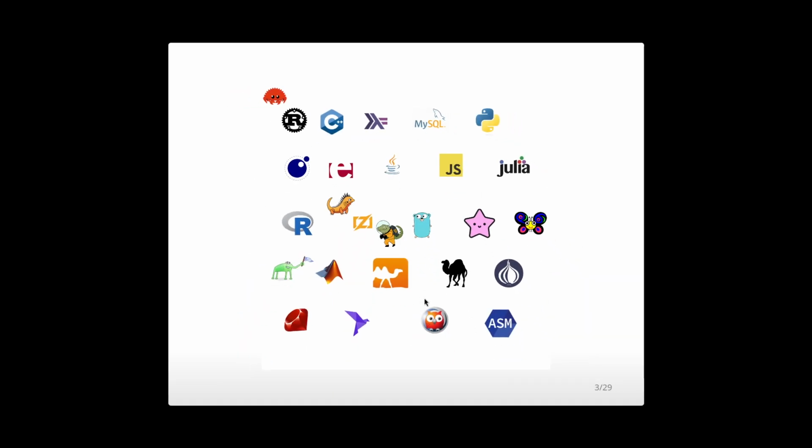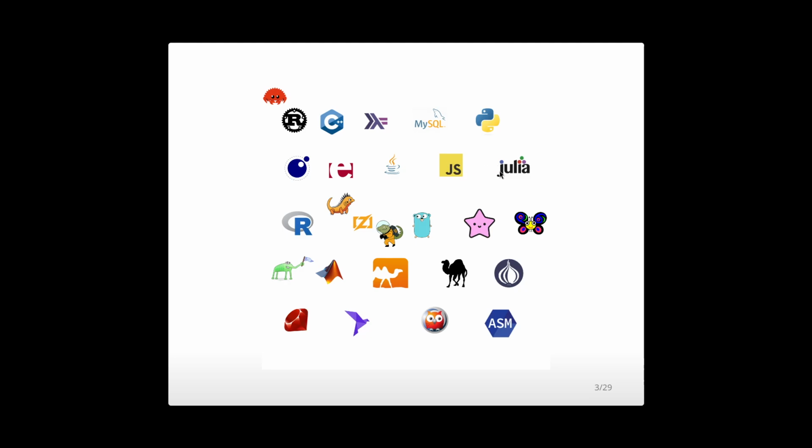So on this page, which I'll zoom out a little bit, I had a whole bunch of different programming languages and their mascots. I'll try to do it from memory real quick. We got Ferris the crab, which is the mascot for the Rust programming language. C++, Haskell, not to be confused with Pascal. So this is Haskell, not Pascal. MySQL, and the dolphin's name is Sakila. Python, Lua, this is Erlang, Java,